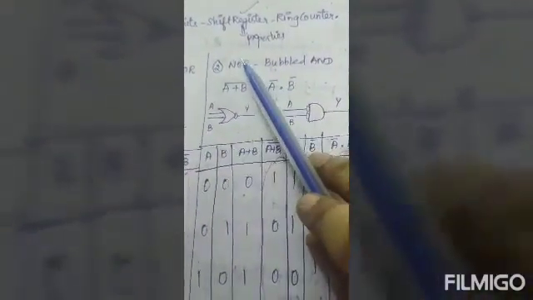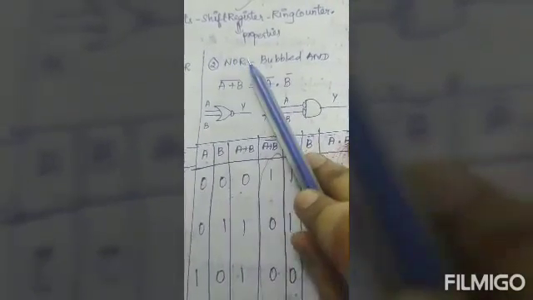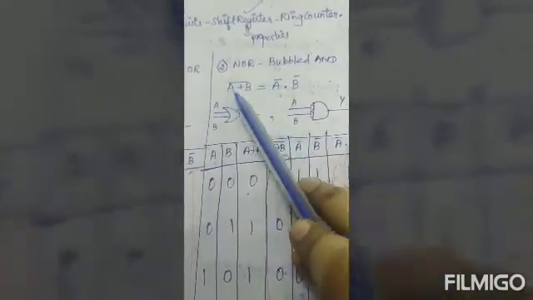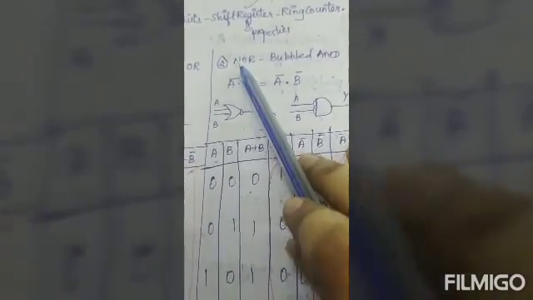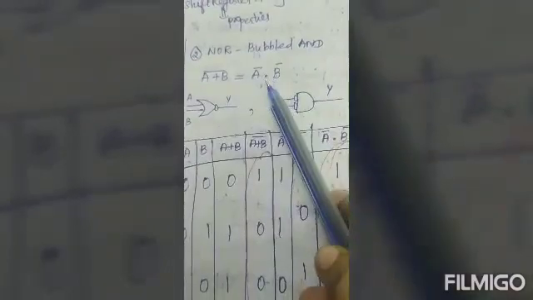So here it is the same for NOR. For NOR, take that OR means addition. So first A plus B, NOR. It's not bubbled, it's just NOR, NAND likewise. So both the variables have the same overbar. Then bubbled AND means multiplication, dot, A dot B, bubbled. So separately we have the overbar on each variable.